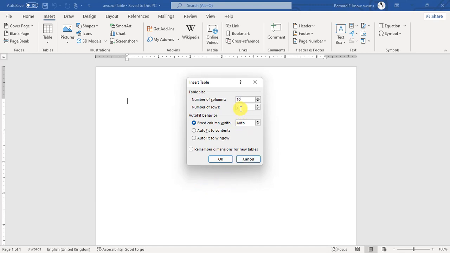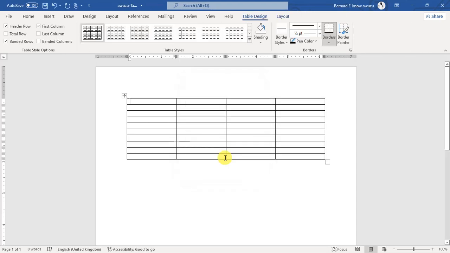So the number of columns that we shall insert are 4, and the number of rows are 10. And then I'll simply go ahead and click on OK. Right? So the first row is going to hold our field names, or what we call the table headers. These table headers tell us what the information in that column is about. Okay, they are very, very important. And according to our tables,